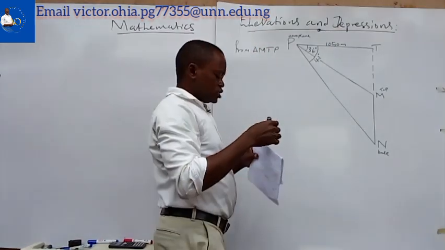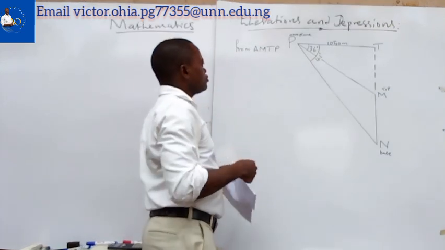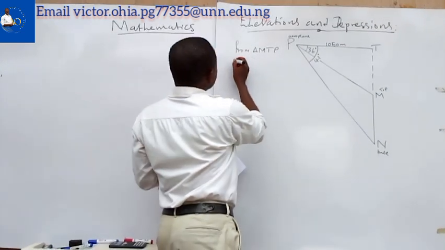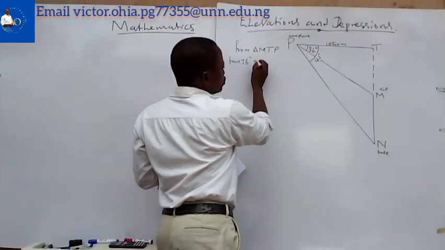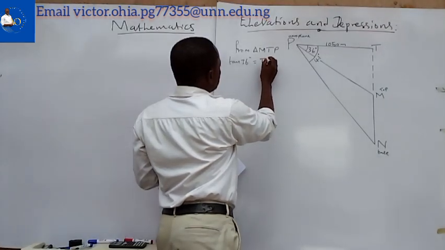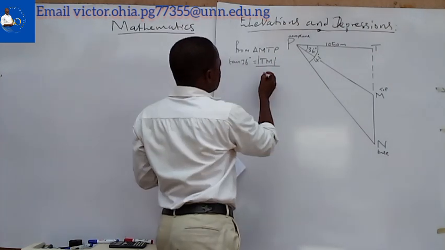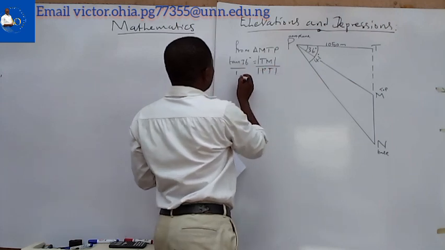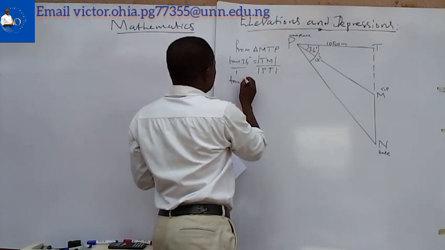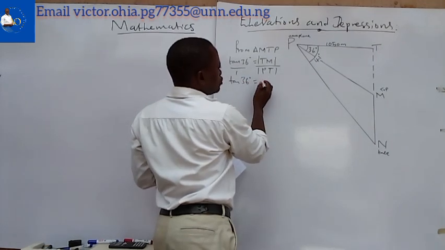And the ratio of the opposite side and the adjacent side will give us the tangent of that angle. So we are going to say tan 36 equals opposite over adjacent, TM over PT. So tan 36 degrees equals TM